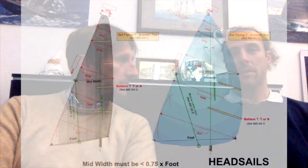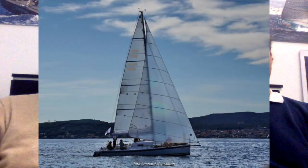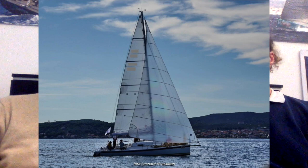So what can be a solution to this? Maybe the solution is the head sail set flying. Actually, all the coefficients of the new spinnakers between 75 and 85% mid-girth are extrapolated, something between those of the head sail set flying and those of the spinnaker. So it's probably better to do a smaller sail, to have a smaller increase in GPH, the performance of the boat, and actually have a sail which performs really better in a wider range of